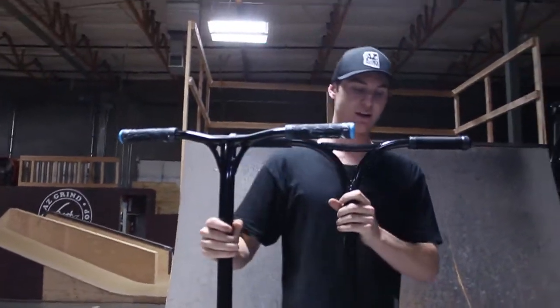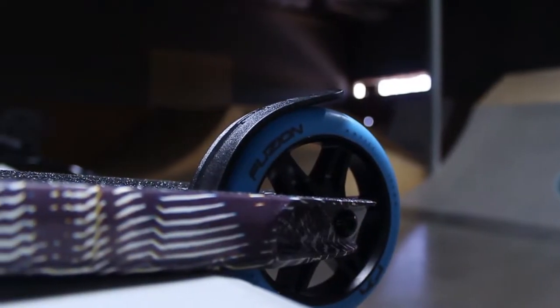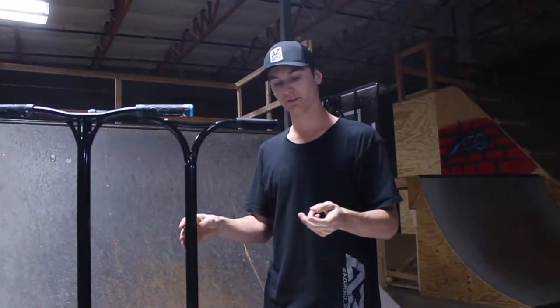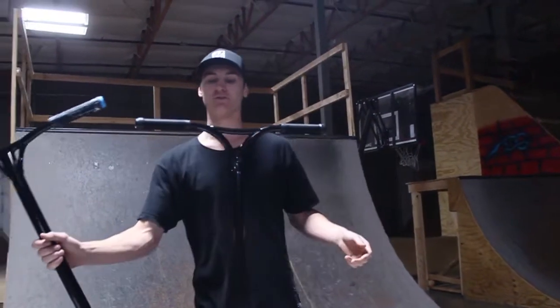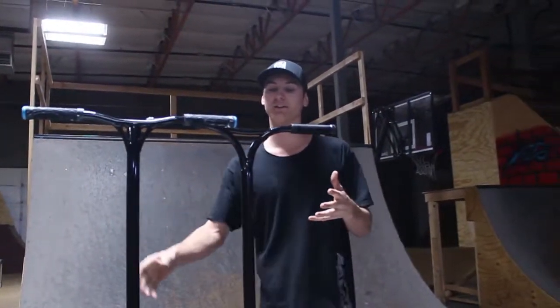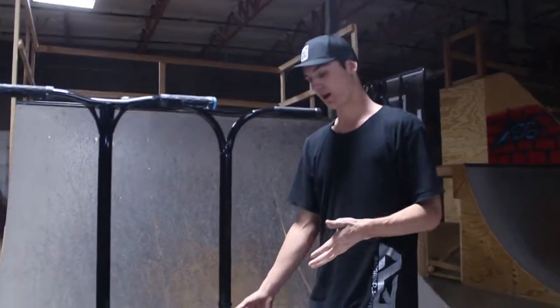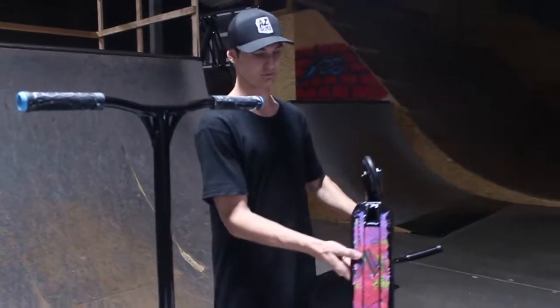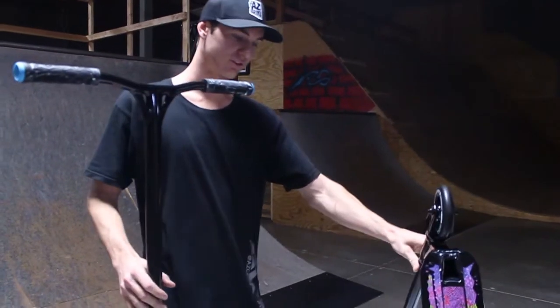The brakes that they come with: the Fuzion comes with the new 120mm nylon brake. It has the steel insert to rub up against the wheel so you're not burning through the plastic. The Lucky just comes with their standard steel brake. They both have 2 bolts that hold them together. Lucky's is through the top, Fuzion's are through the bottom, so you don't have to mess up your grip tape to tighten your bolts if your brake does come loose. And then in the back you still have the 120mm wheel for the Fuzion, and 110mm for the Lucky. On the bottom you have their different rail systems